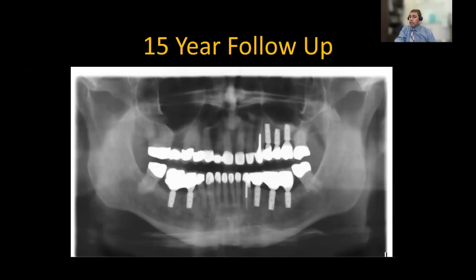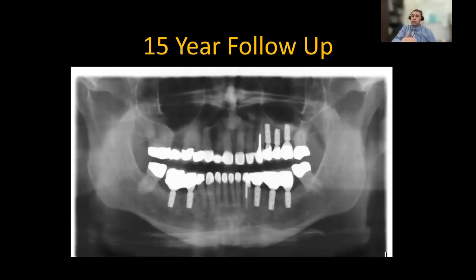And if I have to retrieve any one of those segments, probably not going to be easy to do, but it's possible. I can probably tap off this bridge to manage any complication. Luckily, touch wood, we had no problem with these patients because look at the platform. It is actually a narrow platform. So I cannot probably do this with single tooth implants and expect this outcome, meaning unsplinted implants,